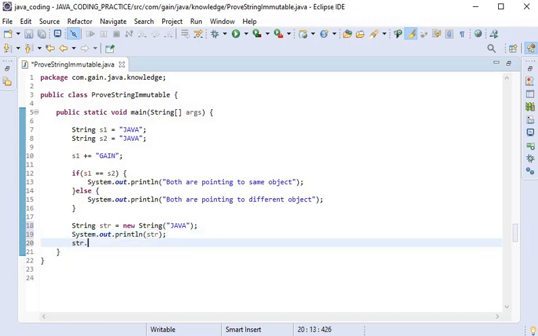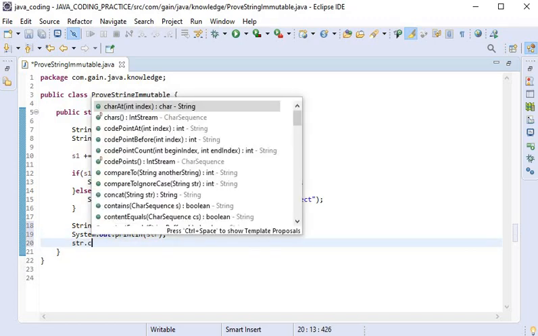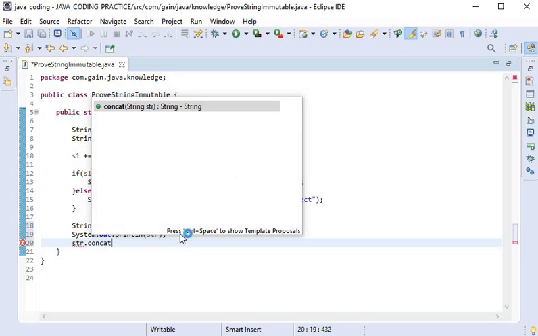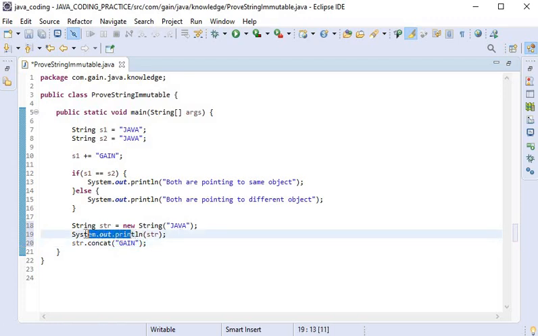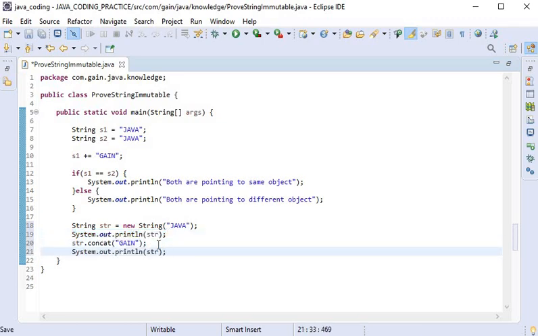str dot concat, and here I will add gain. Now I will print the line again after modifying the string, but here we will see the content is the same for both statements.